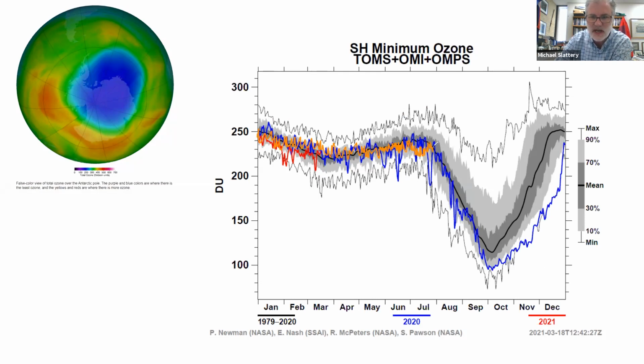And then what happens at the end of July? The sun comes up. Bingo. Step 4 in the cycle kicks in. And just look how rapidly ozone depletes from the end of July to early August when the sun comes up, to that last week in September when ozone reaches a minimum. That's what the scientists couldn't explain. Over a 2-month period, ozone is just decimated over the South Pole, right?